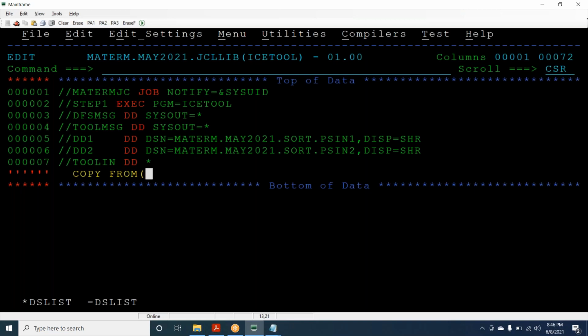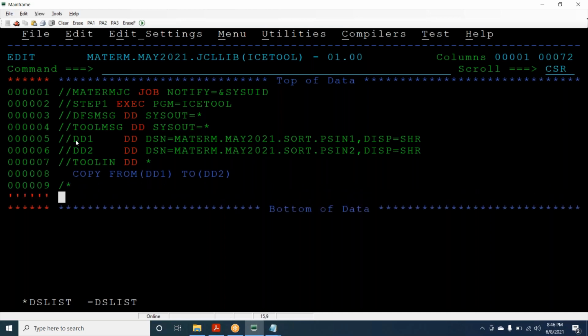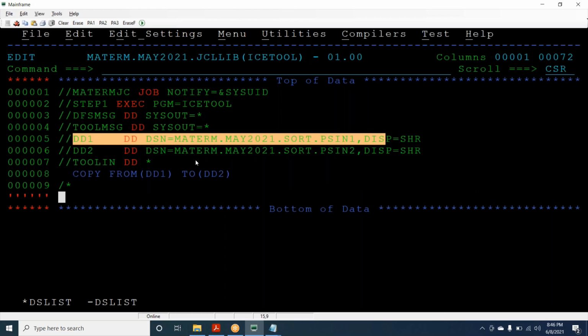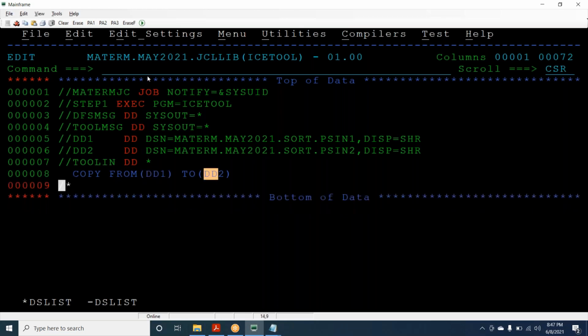We will discuss the difference between DFSMSG and TOOLMSG practically. FROM DD1 TO DD2. It is a simple control card. We are copying from this particular file to this one. In the FROM operand, whatever we specify will become the input data set. TO is the output data set. Save and submit.